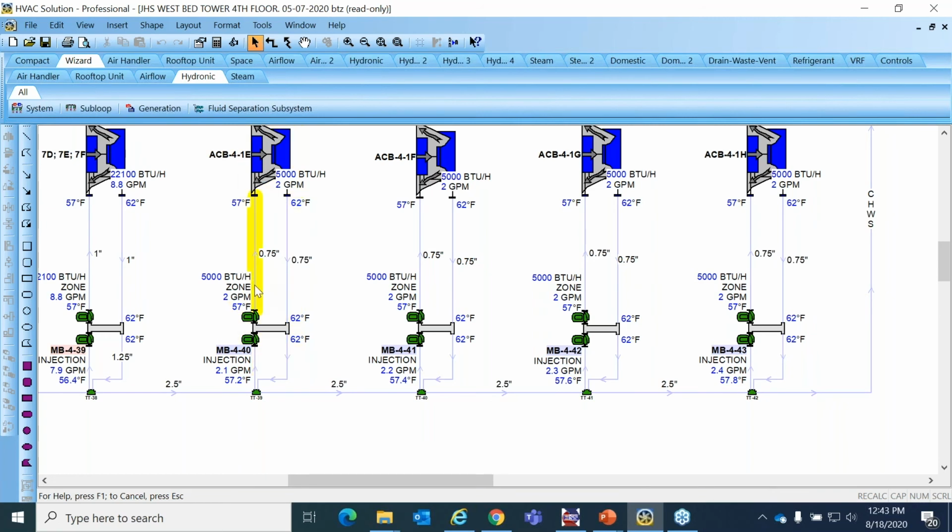And then there's a temperature unit right here monitoring that temperature. As this water runs through here, it runs like this because nothing's coming off of here. So it just goes through this block and keeps going. It's like a decoupler, right? As this temperature starts to scoot up to 58, 59 degrees, the CHB controller says to this circulator, start coming on slowly and start giving me some of that 57 or cooler water to inject into here